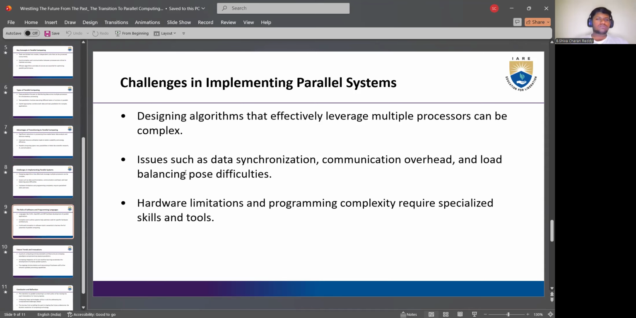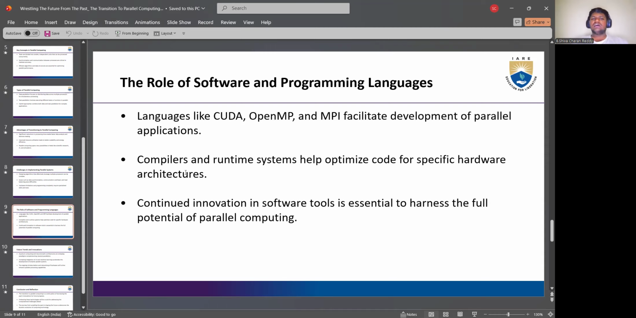resolve this complexity. Coming to the role of software and programming languages, languages like CUDA, OpenMP, and MPI facilitate development of parallel applications. Compilers and runtime systems help optimize code for specific hardware architectures. Continued innovation in software tools is essential to harness the full potential of parallel computing. So there are languages like CUDA, OpenMP, and MPI. These help in the development of parallel computing. They are specifically made for parallel computing. So the compilers and runtime systems help optimize the code of these languages, and they are supported by specific hardware architectures that support parallel computing. The continued innovation in software tools, like the development of software,